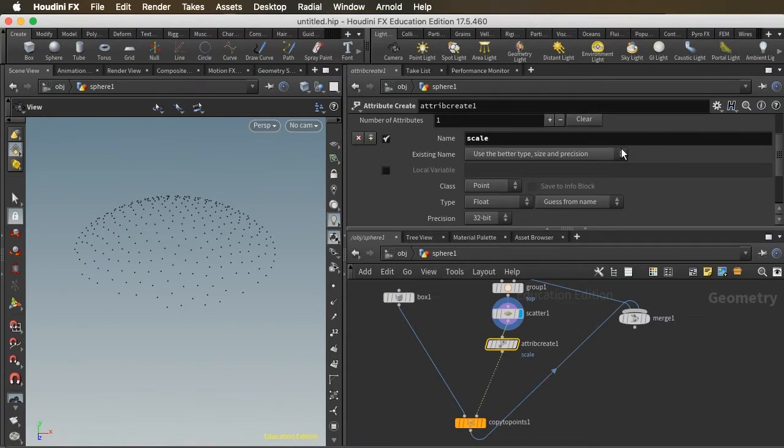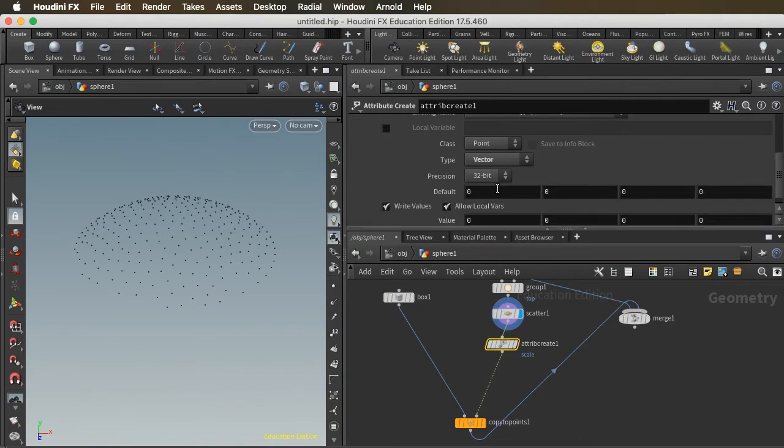Now, here's the thing that is a little bit challenging. Scale is a 3-dimensional attribute. It's got width, height, and depth. So it's not of type float. It's of type vector. Vector is a way of saying a series of related numbers, or a set of numbers. Okay, and then